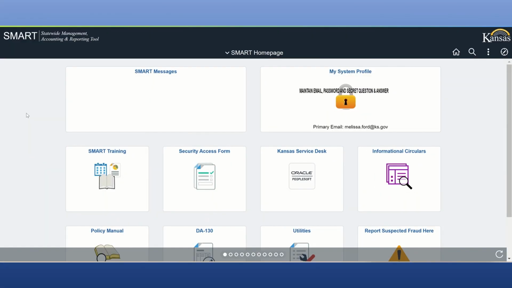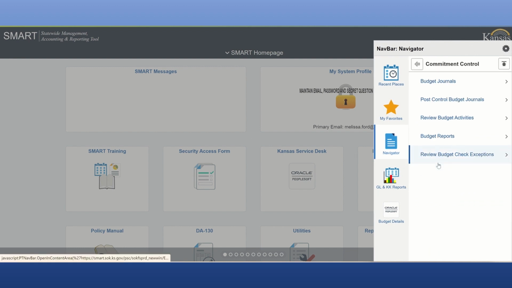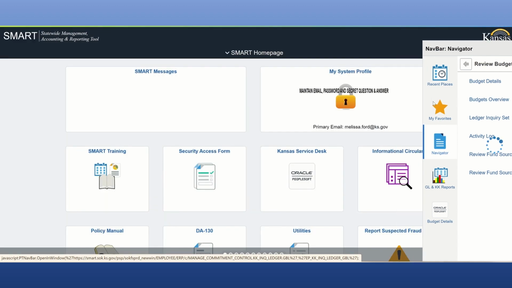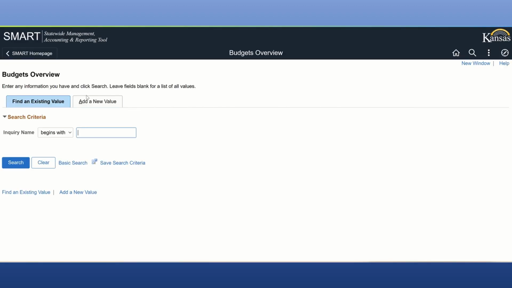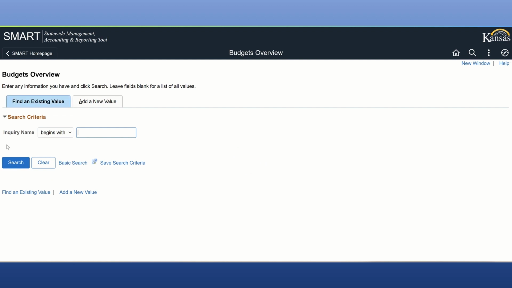And all of that is just right in an easy spot to see, instead of having to look each individual one up. And so to access the budget's overview, go to, again, log into Smart, and then go to this navigator bar on the side, Navigator, Commitment Control, Review Budget Activities, and then instead of clicking the budget details this time, just go right below it and hit Budget's Overview. Again, if you're adding a new value, you'll click this tab, and I just use my initials. And then find value, search,